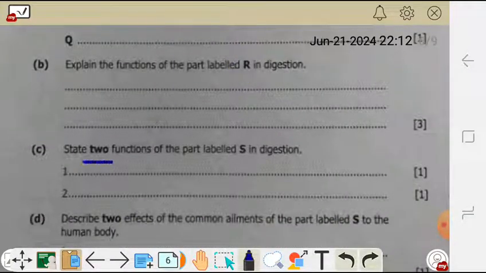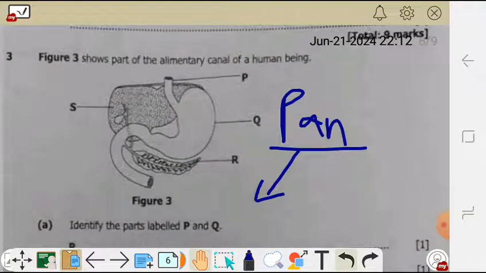Okay, so state two functions of the part labeled S in the digestive system. So the part labeled S here is the liver. So we know the liver produces bile. We know the bile is stored by that part which is called the gallbladder. Okay, so the bile itself